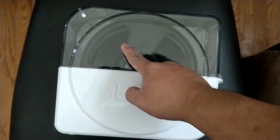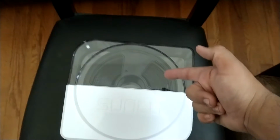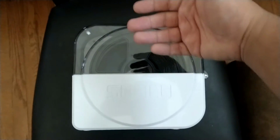I store my black PLA in one of these Sunlu units. Most people use food dehydrators. These are about 80 bucks. Food dehydrators are about $30. These work better. They're purpose built for a 3D printer, and they hold the filament spool a lot better. It's vertical. You can get like 4 of these and run them, and you can store your filament or dry